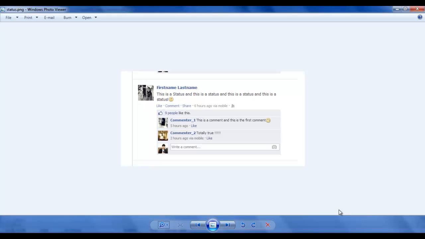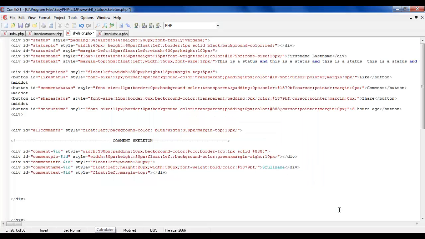Okay, so they don't separate the start of the commenting there like they do in the status, because after the name the status starts again from the left side, but here it doesn't do the same thing, so we don't need to give a margin top there. And here actually we don't need to give the width, so we can have the comment text starting right away after the name. So it's float left, and the font size would be 11 pixels,